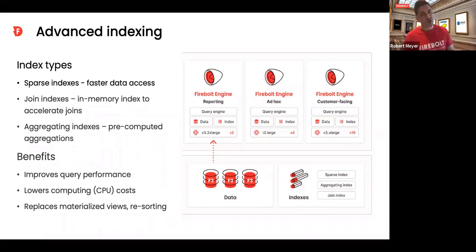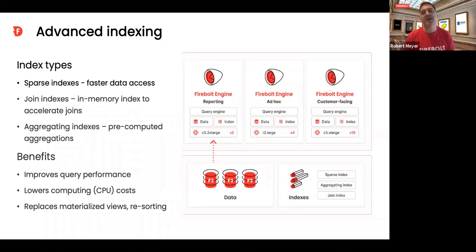You can see sorting, which is done with clustering keys, partitioning with the keys, but it's not an index. And that's a problem, because if you ask us where this 10x plus gain is coming from, one of the areas is indexing. And it's not just the sparse index. It's the actual query, the compute as well. So Firebolt has a couple different types of indexes. For the most common types of operations, namely the filter, the group bys, the joins, we've got join and aggregating indexes.